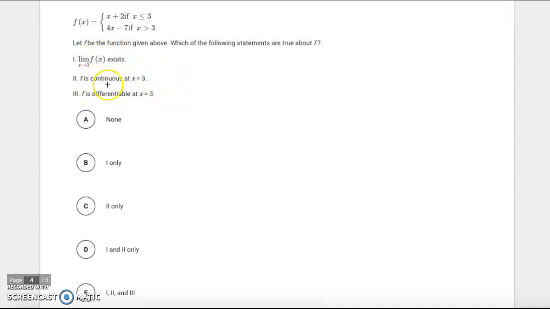Well, let's go ahead and just check the first two pieces by checking continuity, because you have to do this anyway for continuity. So if my function is continuous, that means that f of 3 would have to exist. So what would f of 3 be? 3 plus 2 would be 5. Okay, check. And then my limit,